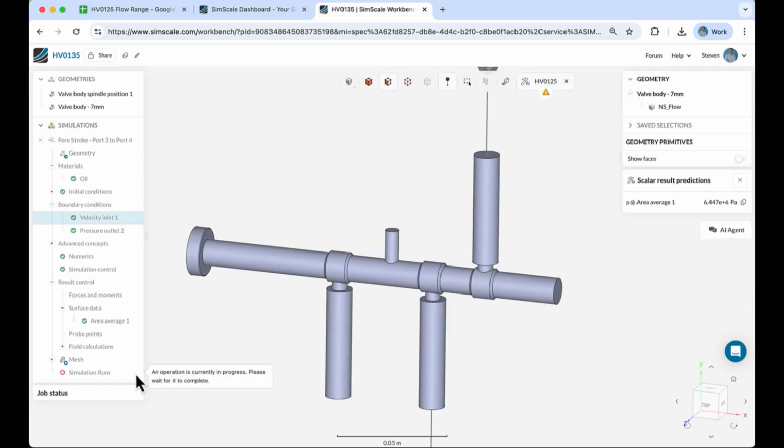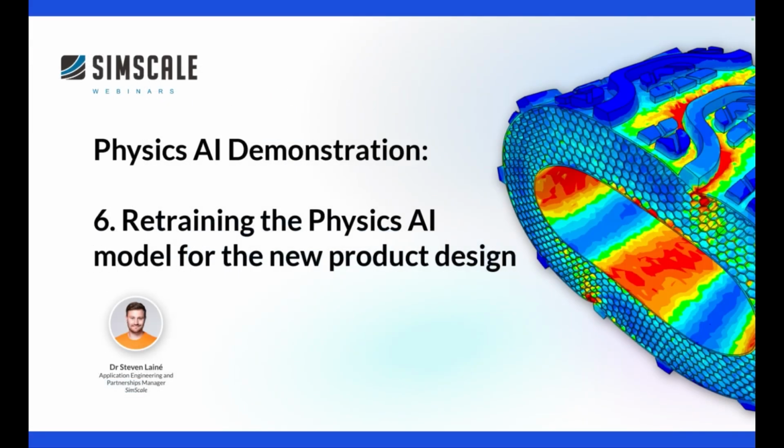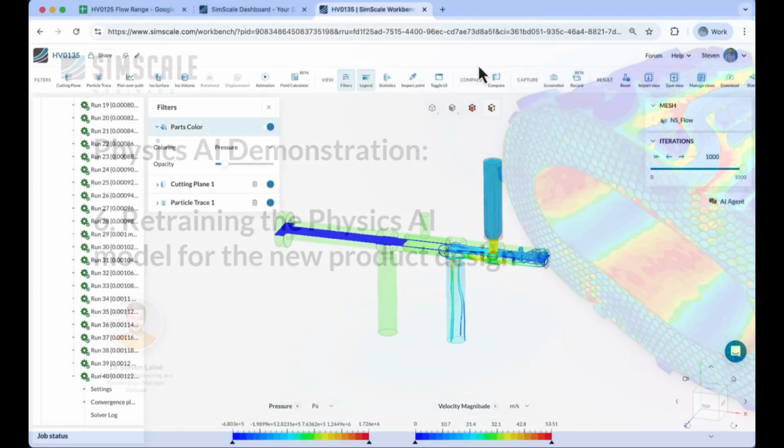So exactly what we would do if we had to characterize a new valve anyway. But the great part of this is we can then use the data that we get out of this new study to improve our AI model so that we can then use it for future designs and future RFPs.